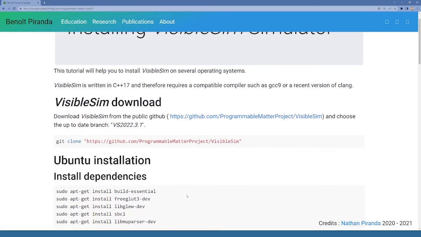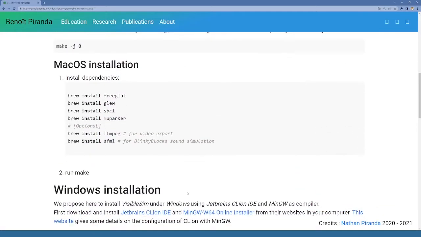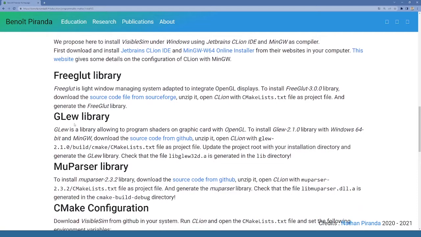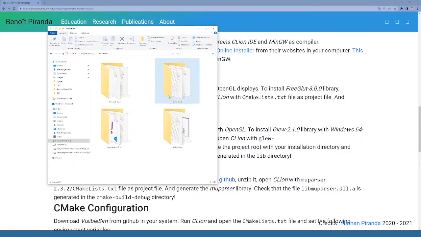We need for the installation three libraries: Frigate, Glue, and Reparser. So you have here the link to download the sources. I have already downloaded and unzipped the three directories. Then we will install each of these libraries with